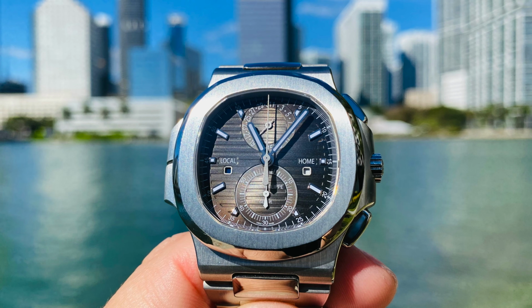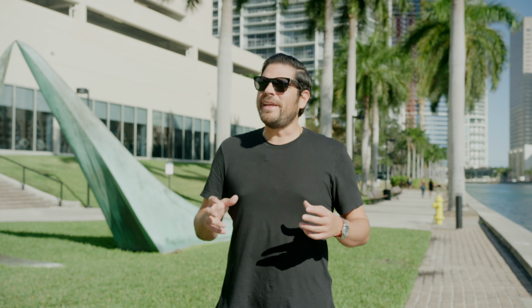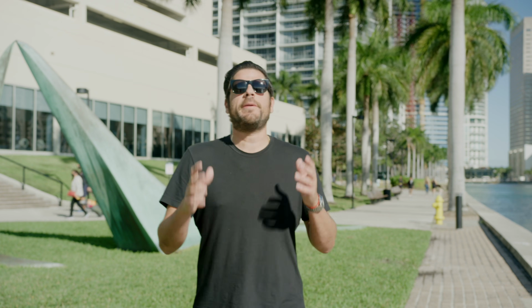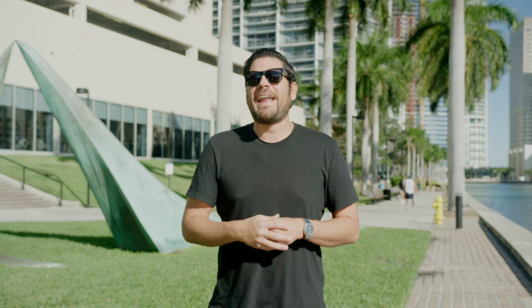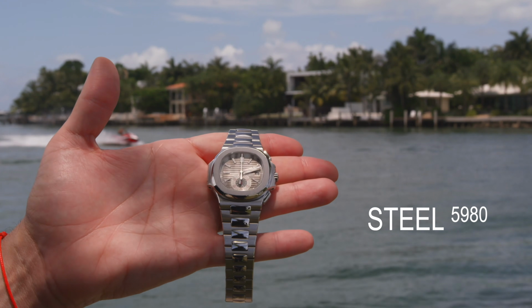But this 5990 is a watch that I personally have always liked. For me, I was quite surprised that by now, at this point, we haven't gotten it in all rose gold and replaced the beloved El Jefe 5980 in rose. I'm just quite surprised that they've held out this long and haven't come out with it yet in all rose. But thank God right now we have it in steel at least, knowing that the 5980 in steel is no